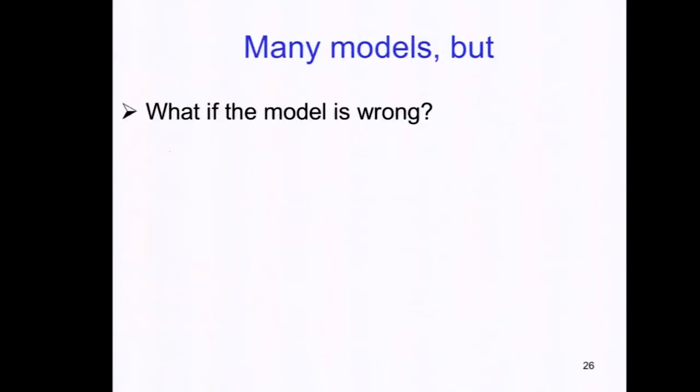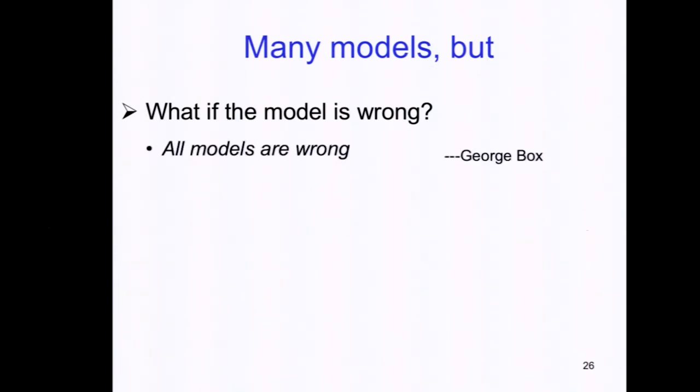Okay, so we have learned 3 types of models so far. We have learned the distance-based model, the random utility model, and the mixture models. Now we have already seen so many models, but a common question that has been asked, especially when you are submitting a paper, not to ICML or NIPS, is: what if the model is wrong? You're deriving everything based on the model being ground truth, but what if your model is just completely wrong? You are just saying nonsense. This is a very valid criticism,